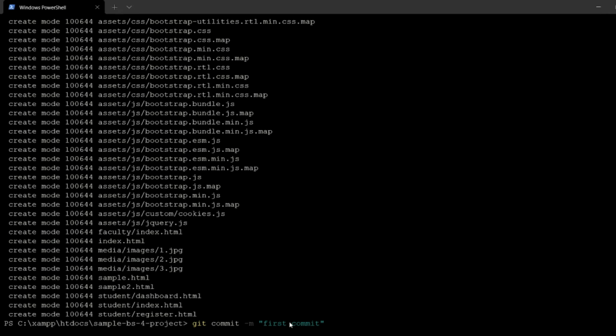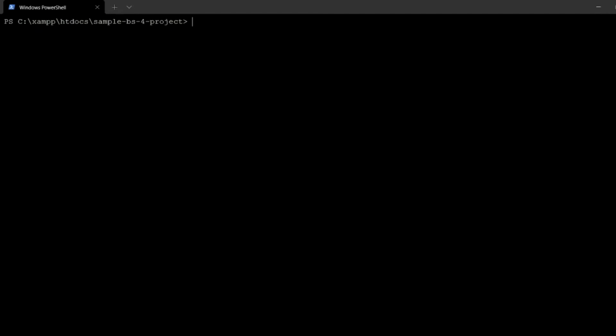Okay, now one thing is that few people do this thing. They skip the add part and directly add and commit in one step. But this is not a good practice, we don't do it in industry. This is a shortcut, and it is not preferable, but you need to learn this. In case there is any kind of emergency, you need to do that right away. So you need to learn that, right?